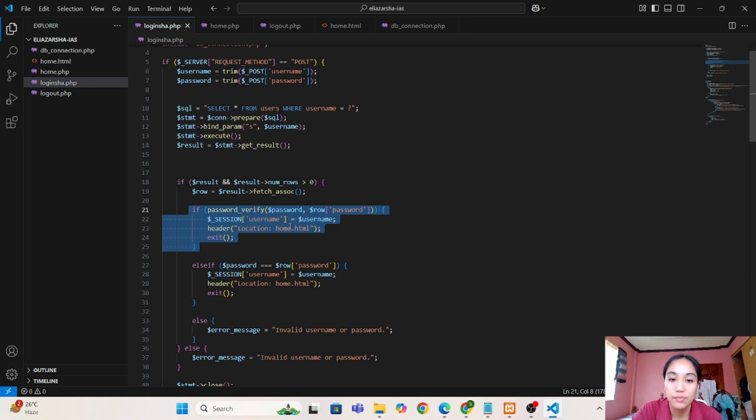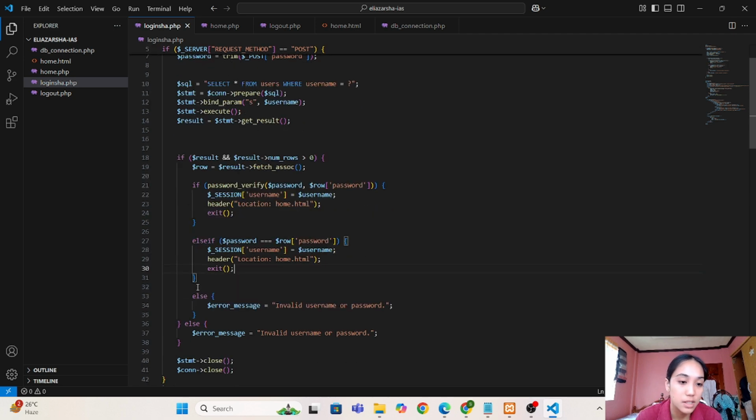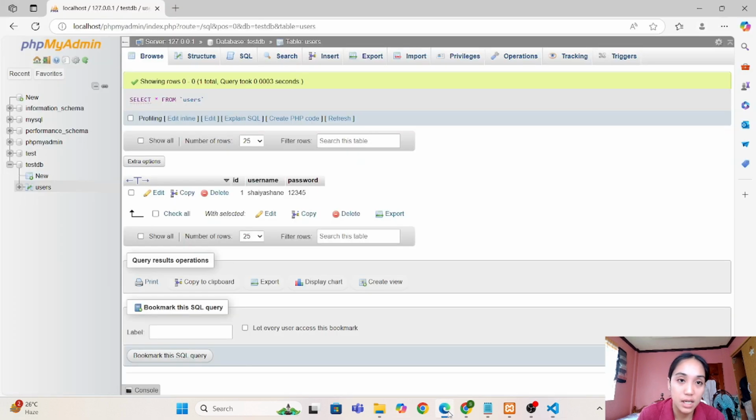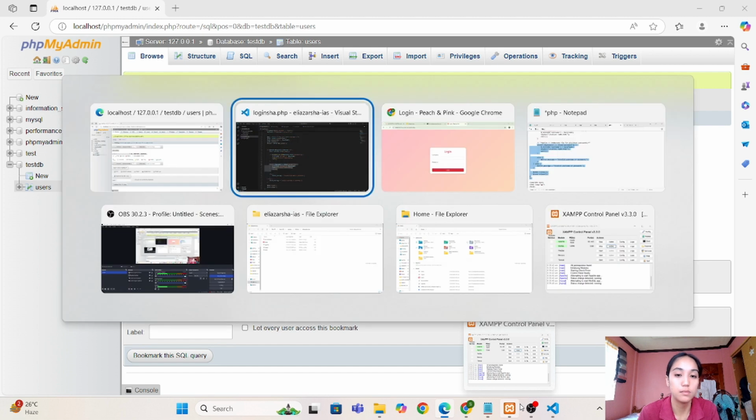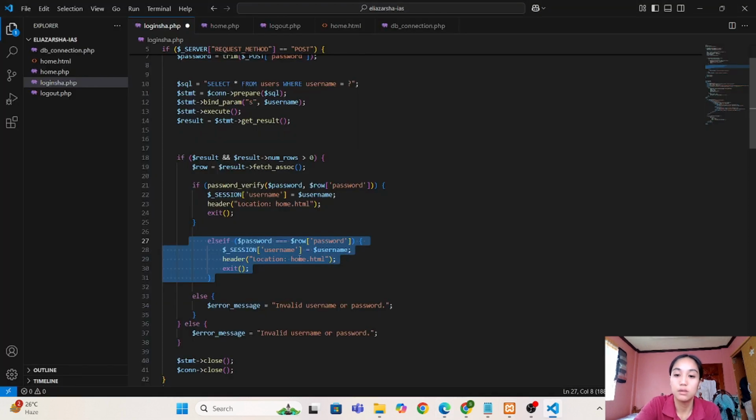So, bali dalawa po ito. What if the passwords are not hashed din? So, gumamit ako dito. For temporary setups where passwords are stored as plain text, yung kagaya dito sa database, so hindi po siya naka-hash, which is not recommended po sana, we can use a direct comparison.